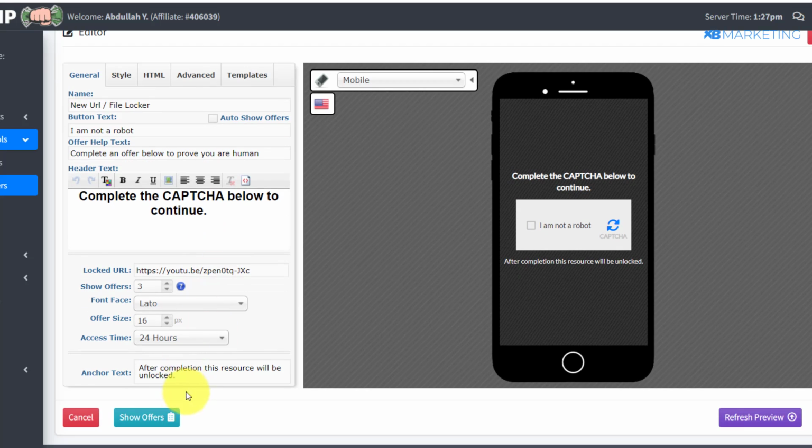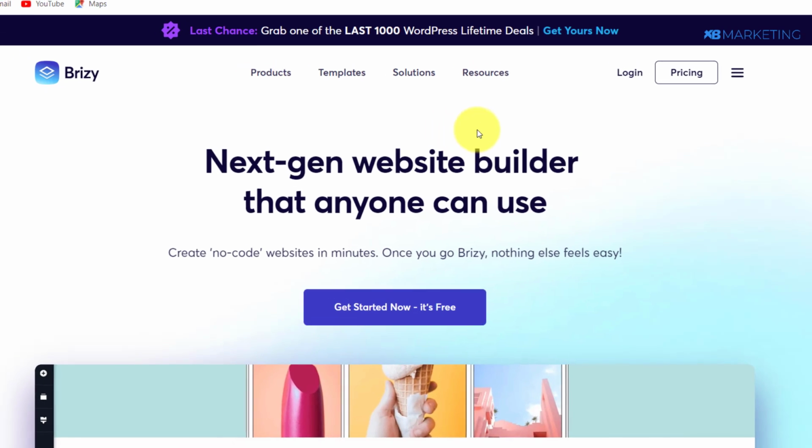You want to scroll down to this button which says "after completion this resource will be unlocked." You want to change it to "this video will be unlocked." Since we are locking a video, it only makes sense to change the resources to video. Once you've done this, the next step that I always recommend is to create a landing page